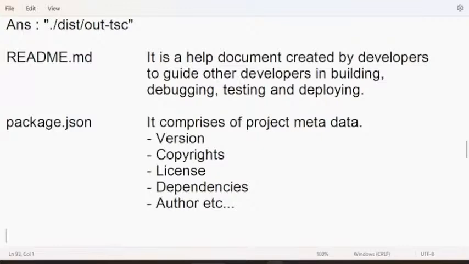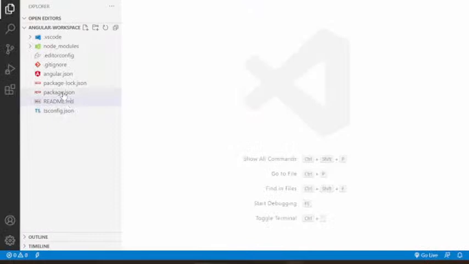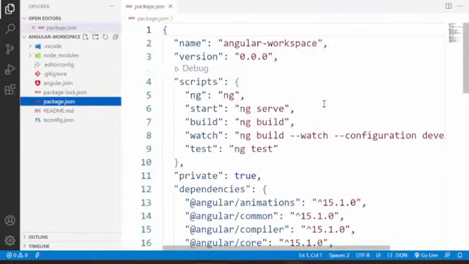So package.json contains all these details. And how to create this package.json we already discussed. We know how to create this file. I told you what it is: npm init -y, right? That is going to generate the package.json. By default, you can see this is package.json.